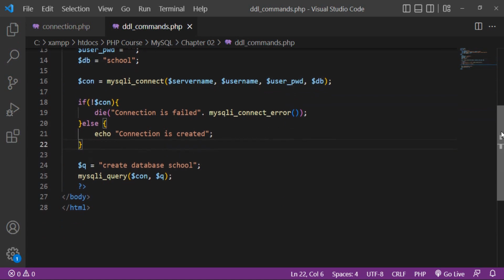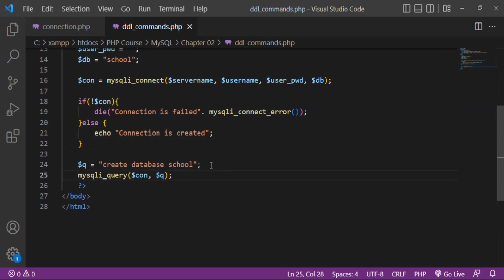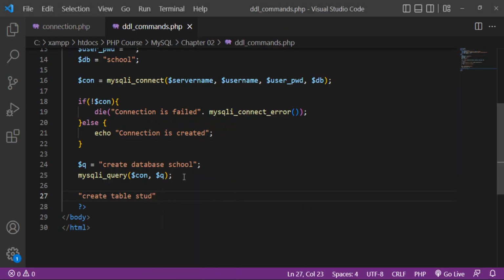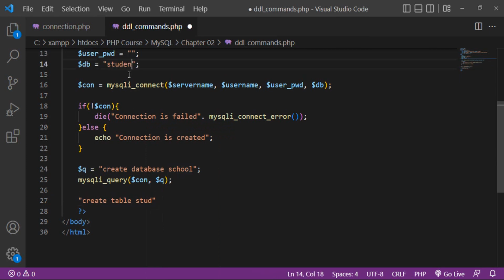Now I have to create a table in that school database. For that reason I have to run the query create table, for example inside student, sorry, not school. Our database name is student and the table name is std_info. Create table student info, std underscore info, and then we have to